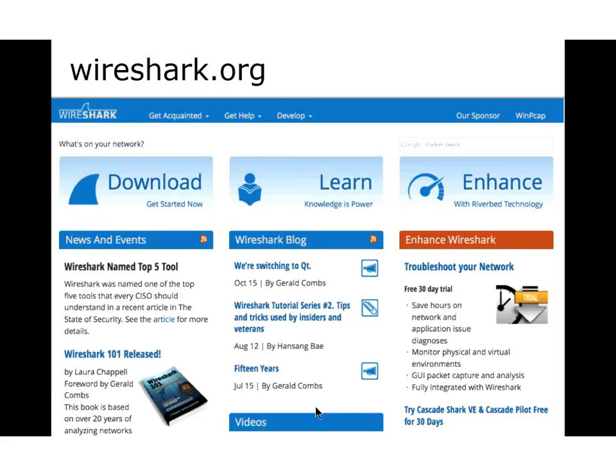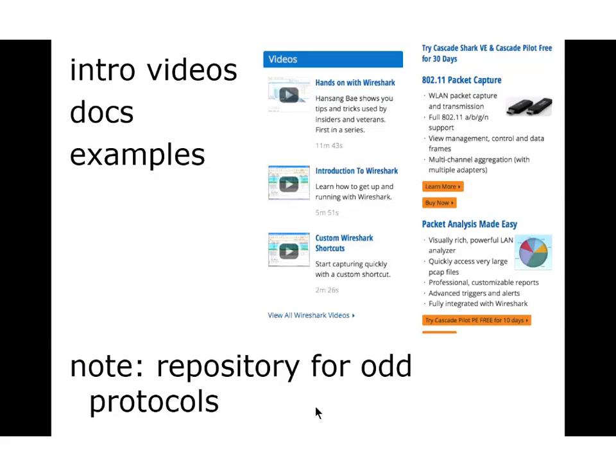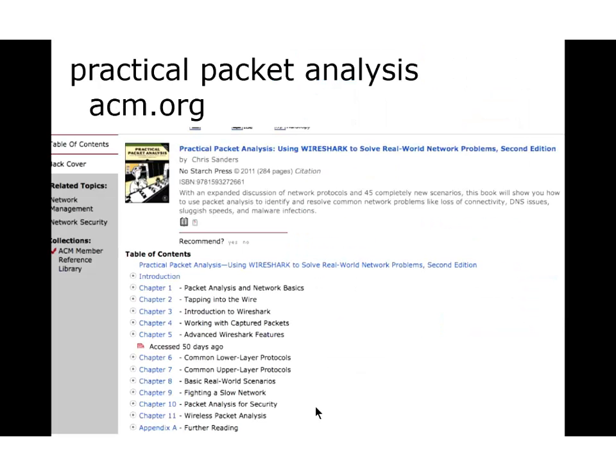Now, these days, with better videos than I could ever do on how to put it in and get it organized, and lots of great information and examples. So, dive right in. Even if you're not that familiar with Wireshark. They have a repository, and there's several other links to repositories for oddball protocols. So if you've got some oddball protocols you want to talk about, there's a lot of great information there. And one of the very best books on Wireshark is there free for you in ACM. So if you want to assign reading, or then you want to use one of these things as a lab, it's right there in ACM.